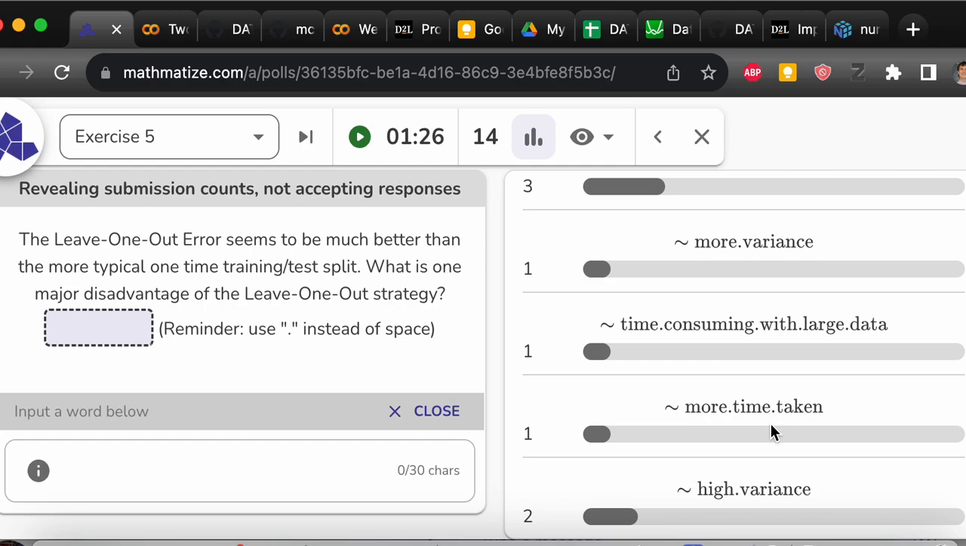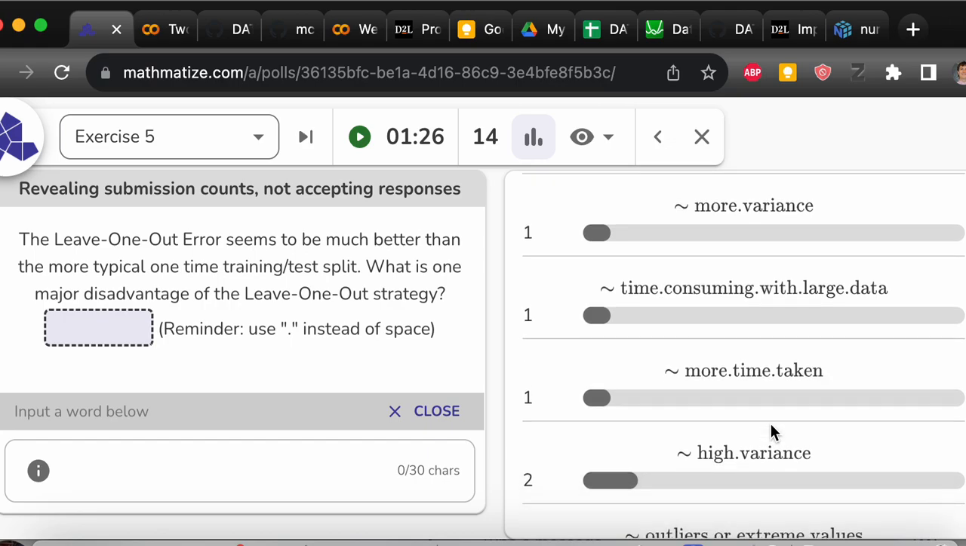In the real train test split, you train the model once on the training set, you measure on the test set, you call it a day. In the leave one out, you leave one point out, and then you have to train the model every single time you leave a different point out. So it takes a long time,